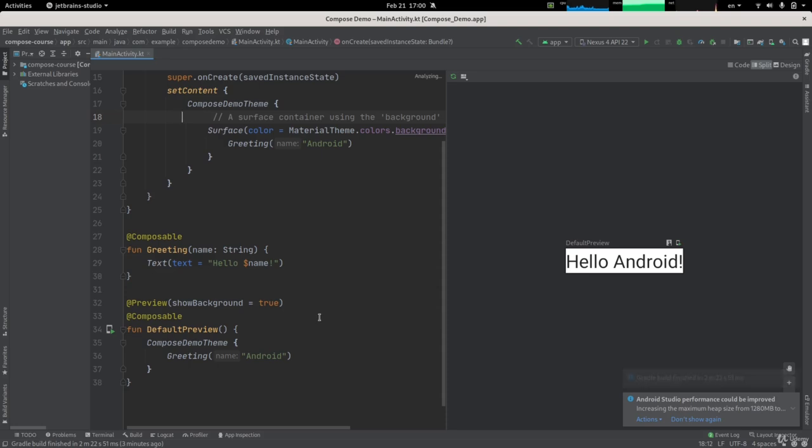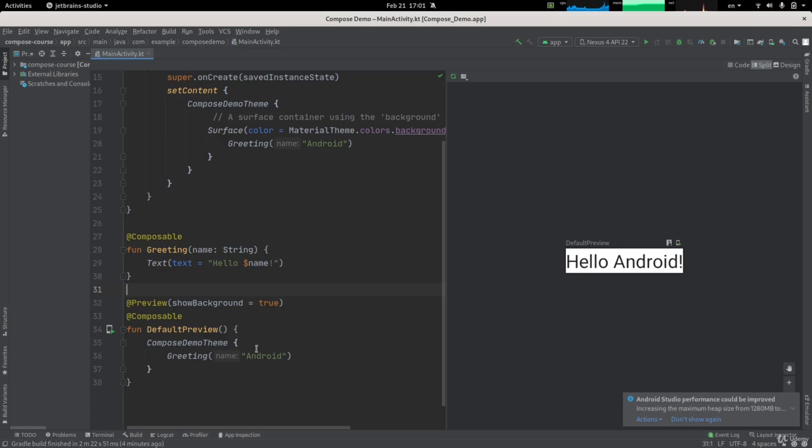In fact, Android Studio has defined on the left. You can see that it's pretty simple. It's a Kotlin function with the name of greeting, but it has been annotated with the @composable annotation. And we also have another composable that is annotated with the preview annotation, and that is, as I mentioned, used